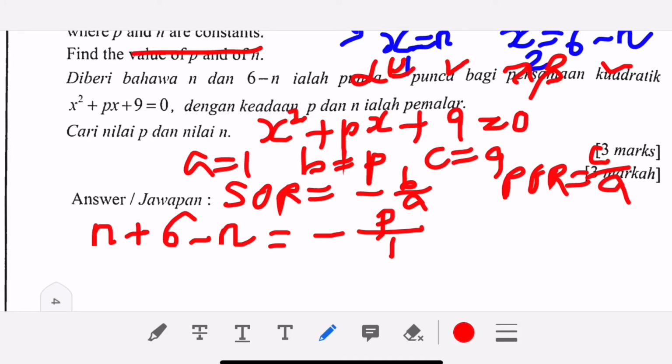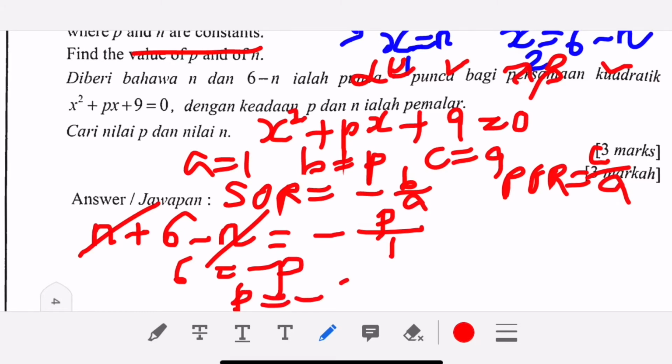Okay, this formula was not given in the SPM exam, I guess. Okay, so then you just cancel out the n and minus n. Now you are left with 6 equals negative P. So P is equal to negative 6. Okay, so after you solve the P, you have to solve the n. So how to solve the n? You use the